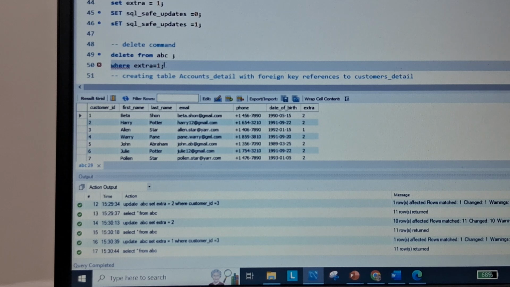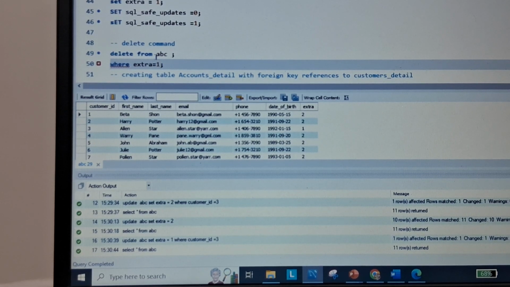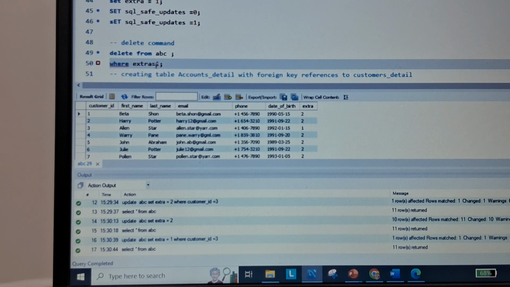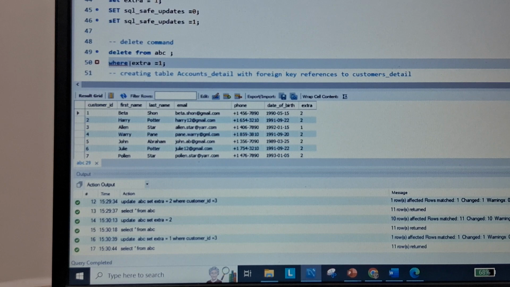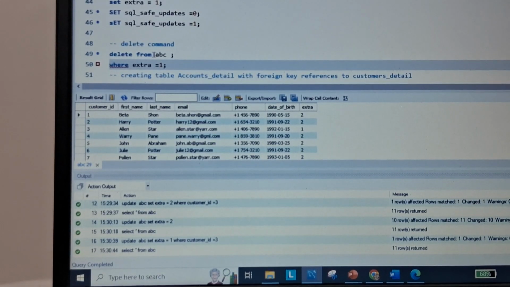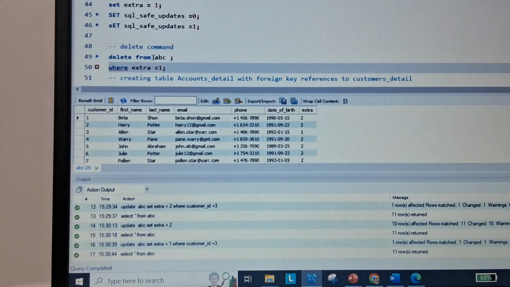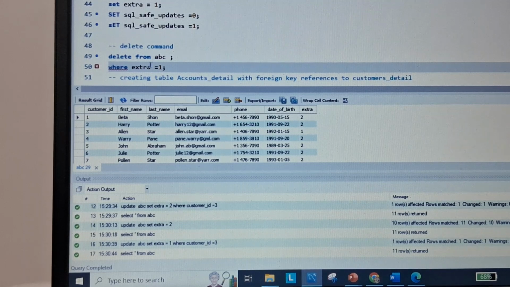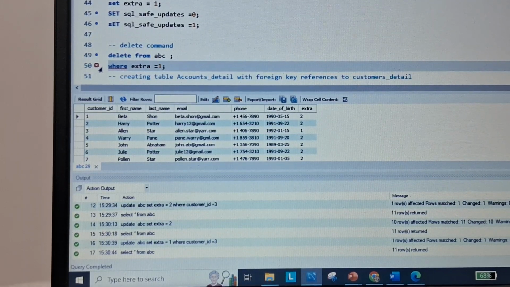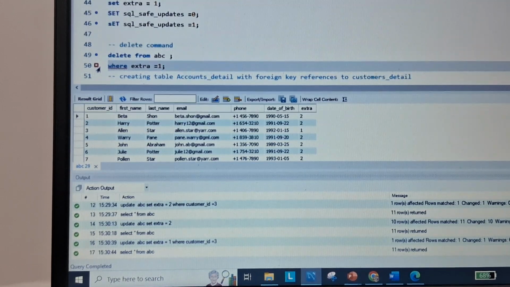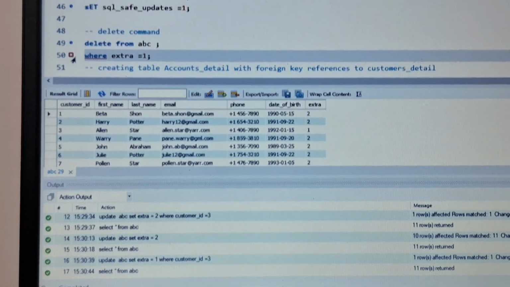I just want to delete the record where extra is equal to 1. Here you can see it is giving me a red line, also a cross sign. Whenever it appears, it means something written there is definitely wrong.